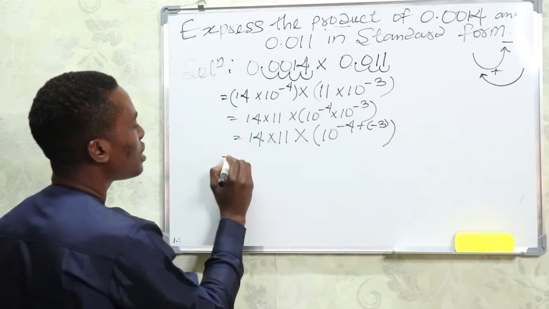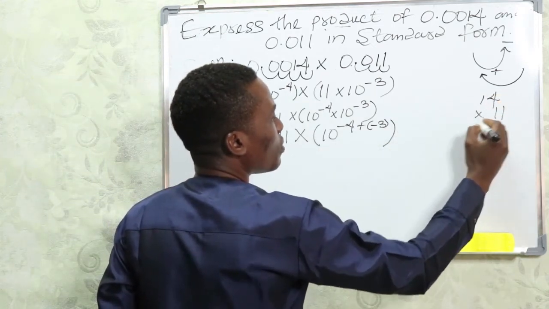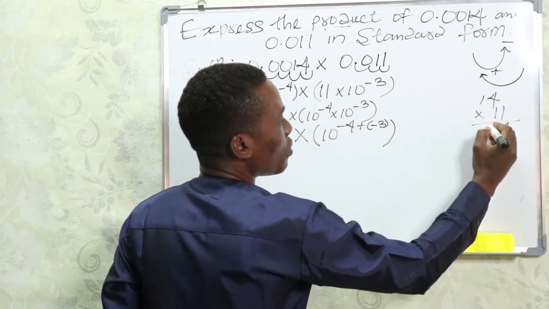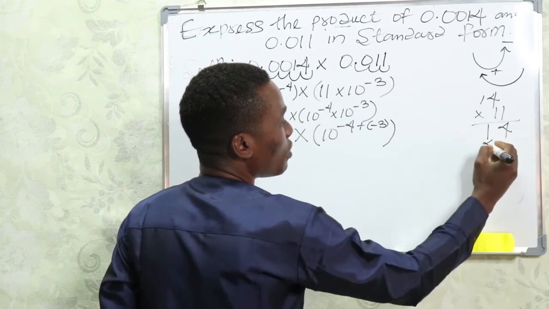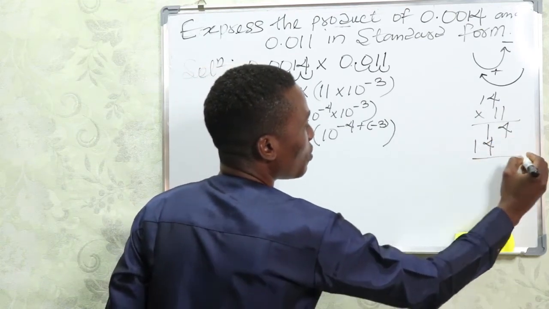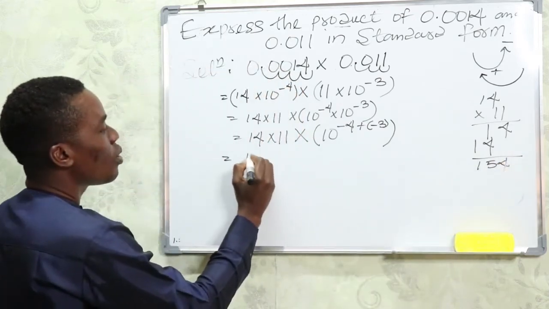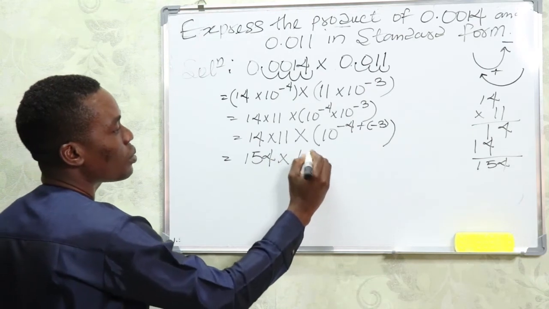Now let's look at this. 14 times 11: 4 times 1 will give us 4, 4 times 1 will give us 4, 1 times 1 will give us 1. This will give us 4 and this will give us 1. If you add them, it will give you 154. So we're going to have 154 multiplied by 10 raised to power